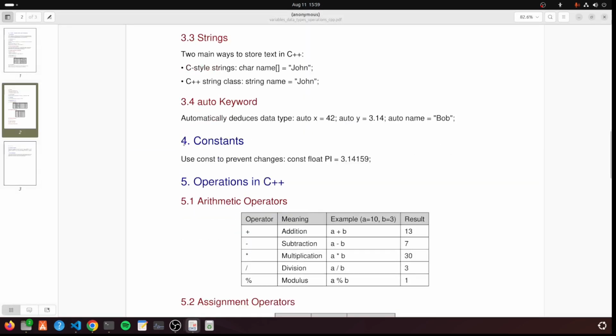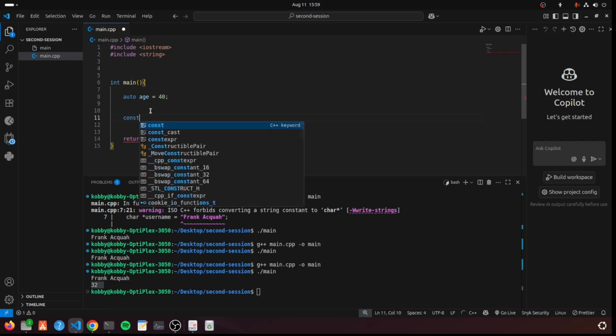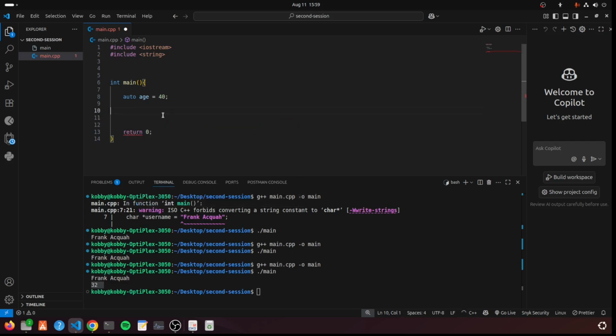And let's move on to const. There's another keyword called const. This is a keyword in C++, and you use the const keyword if you don't intend to change the value of your variable in your program. So let's say, for instance, I have this variable called interest rate, which is a float. Float interest rate. Let me set it to